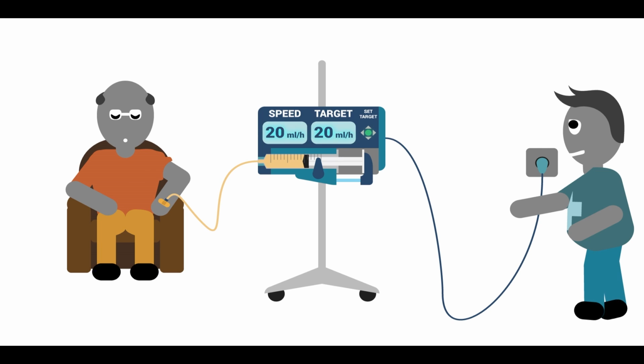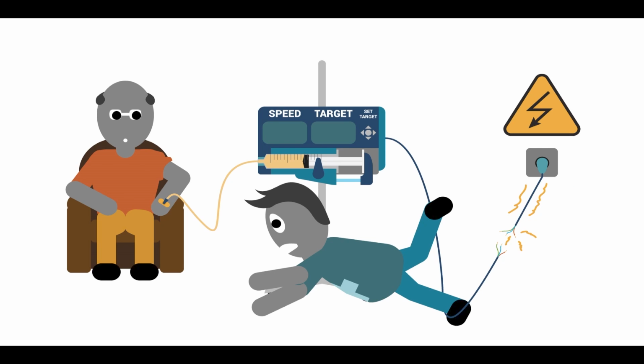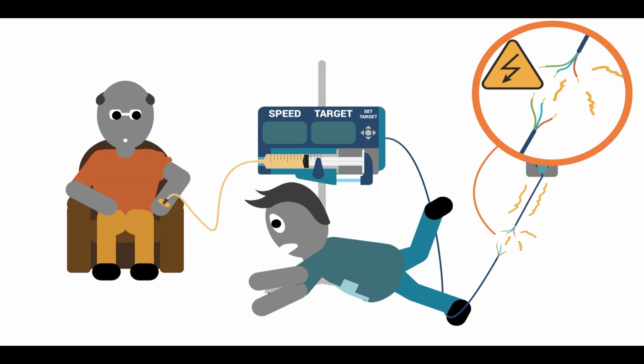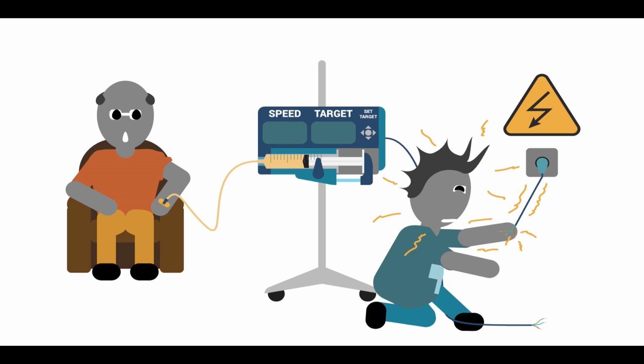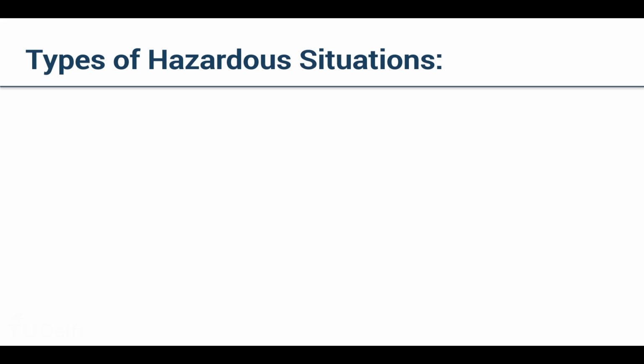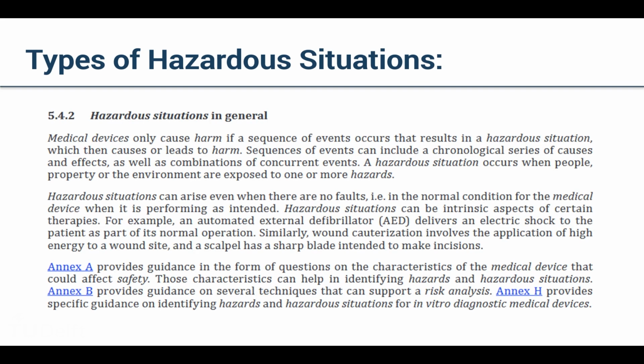All is safe. But if the user accidentally trips close to the device and in their fall pulls the power cord, causing it to break, then it might have uncovered bits of electric wire exposed. And if the next event in the sequence is that the user accidentally touches the wires, they might get an electric shock. Now, hazardous situations can occur from situations of normal use and can even be part of the intended use of a device, like for a razor-sharp scalpel.